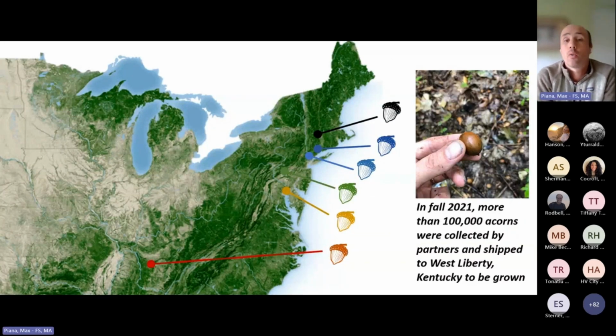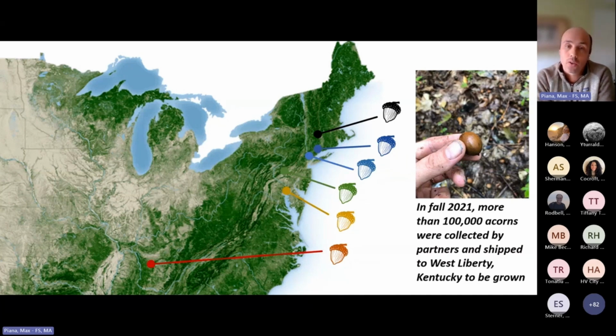So for this study, we included seed collection from all participating metro regions from the network, from the workshop that Rich presented, as well as southern sourced seed zones. Using that projection map, we collected oak acorns from Kentucky as well as Tennessee. And this occurred in the fall of 2021, where we collected over 100,000 acorns of both white oak and chestnut oak. All of our partners, our city partners and collaborators were instrumental in this, going out and identifying trees,